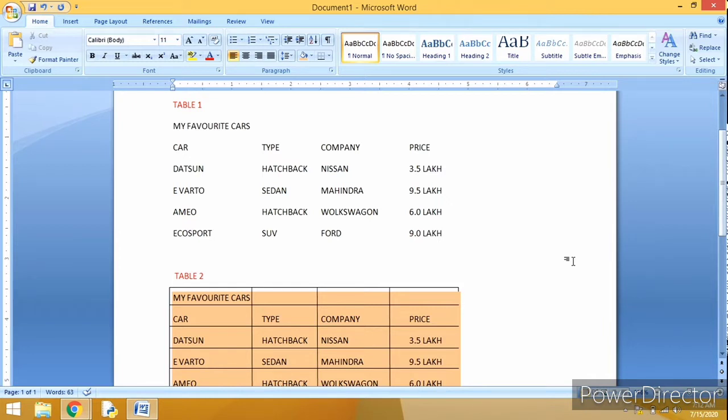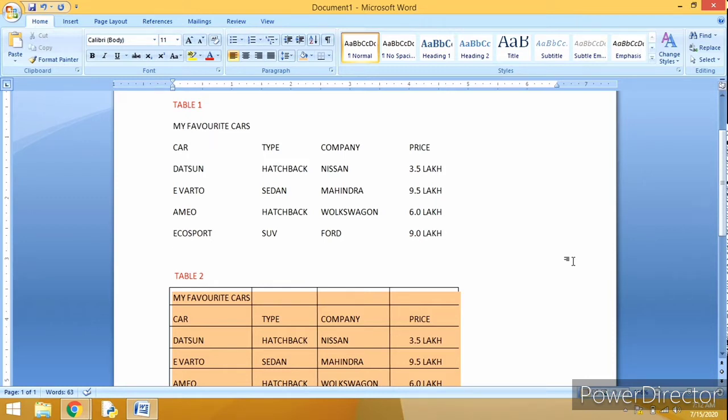Now, let me tell you. In table 1 and table 2, the very first thing we are having is my favorite cars, isn't it? In both table 1 and table 2, my favorite cars are there. Now, this my favorite cars is a type of heading, isn't it?